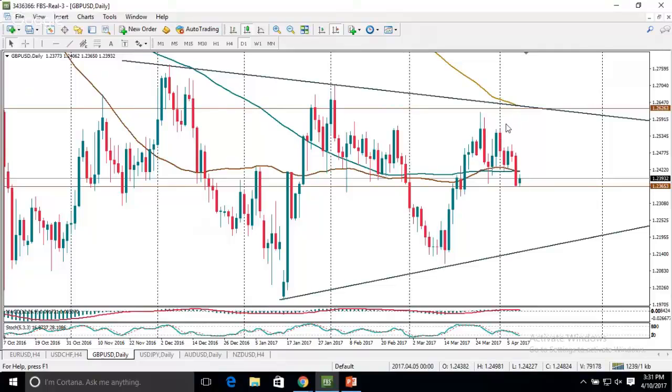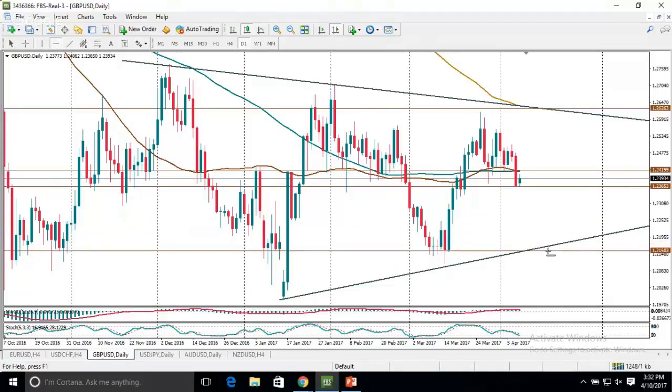Also, we can see that on the daily chart, at the beginning of last week the pair has formed a lower high and now has closed on Friday firmly below the support levels of the 100-day moving average and 50-day moving average. These lines are currently acting as resistance located around 1.2420, and below this level the pair should be vulnerable for a decline to the support line, which is currently